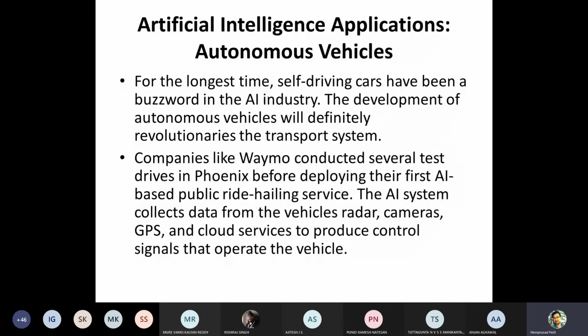Next is autonomous vehicles. So you might have heard about Tesla's autonomous car. For the longest time, self-driving cars have been a buzzword in the AI industry. So why are these autonomous cars useful? There are some elderly persons who cannot drive